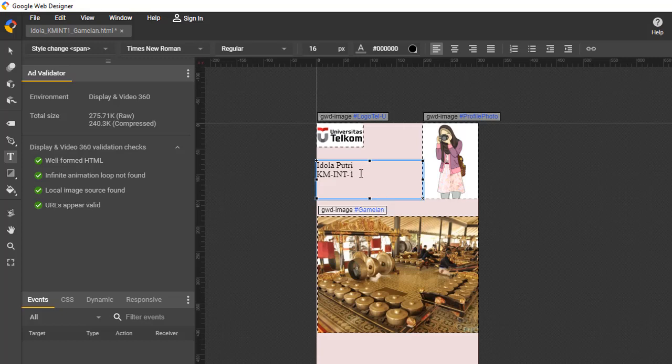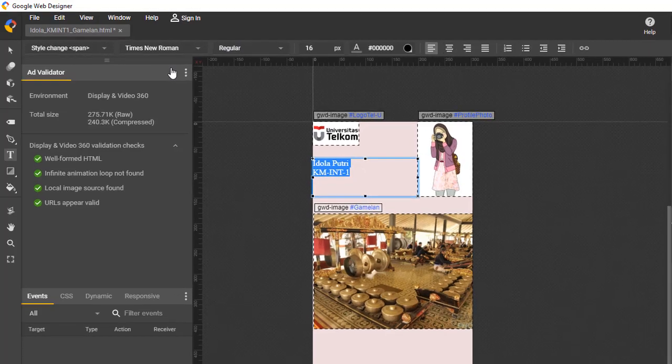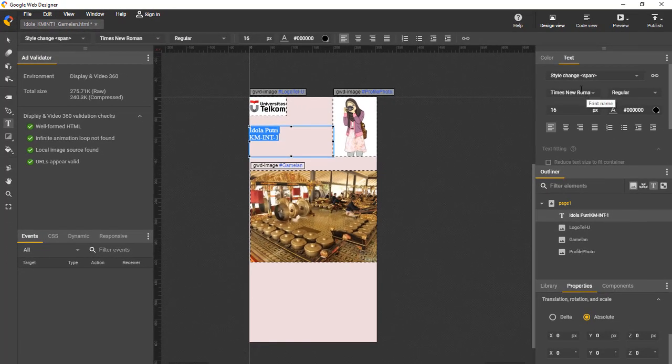Okay, when you want to change the text, make sure that you already block the text. In the tools option you can see the direction for the changes of the text, but I'll use this one, so it's easier to see in this menu.